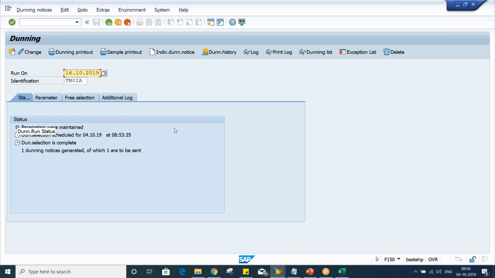If you have taken the sample printout, that is not the final run. What is the final run, guys? If you take the printout, then the system will consider that this is a final run. So you have to click on printout, and then, if you want to see the third reminder, if